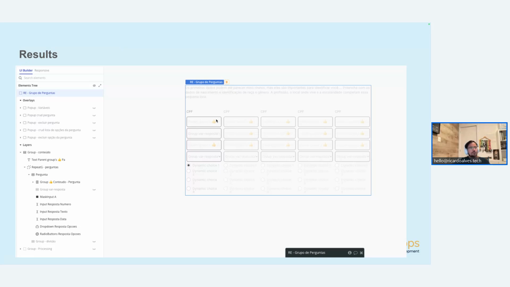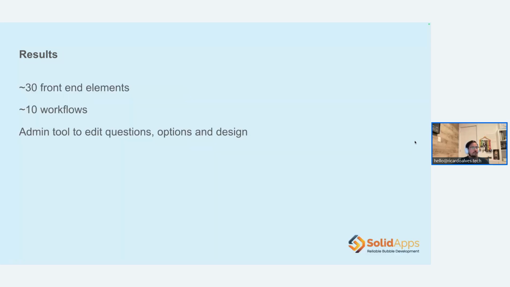And inside those inputs, I can also configure stuff like placeholder, initial value, colors, and other stuff that I can grab from the question table, right? And it turns our initial front end from 1,500 elements into 30 front-end elements and about 10